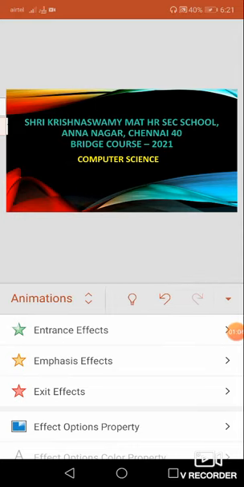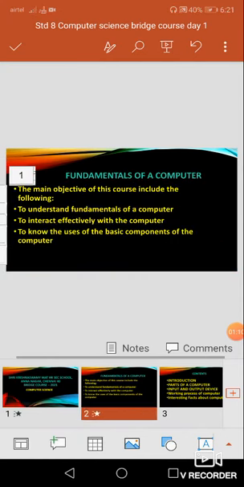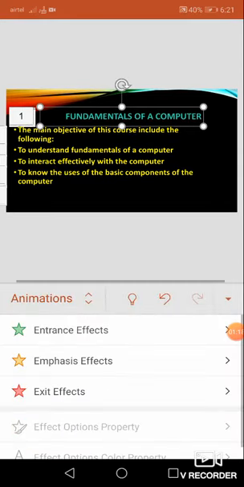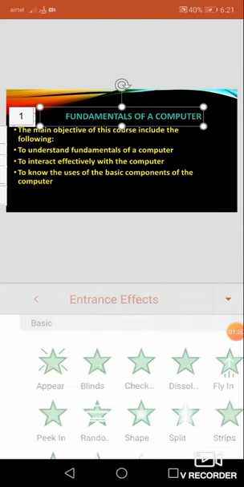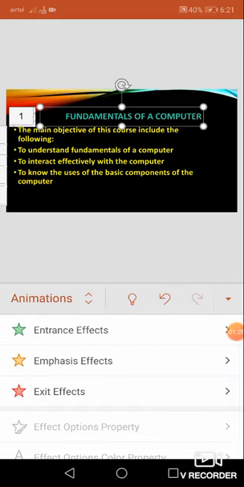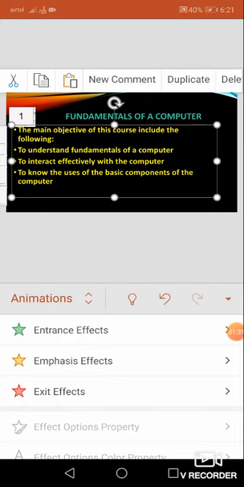Okay, and then the animation has been set now, and then I am going to move on to my second slide. Then I have to click this particular slide, and the particular line alone I am going to give animation. For that I am going to choose some effects. For each and every line, if I want to give animations, then that particular line alone has to be selected, or otherwise you can give the same effect as a whole for all the 4 lines. If you want to apply that, that is also applicable. It's your wish, you can give your animation effect.